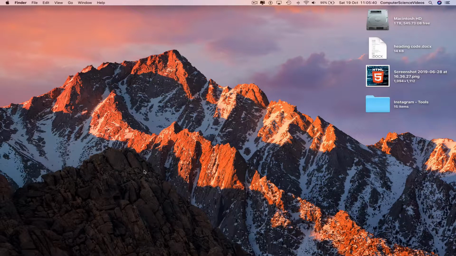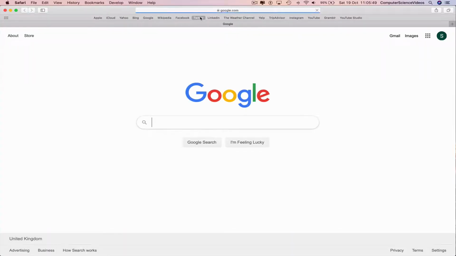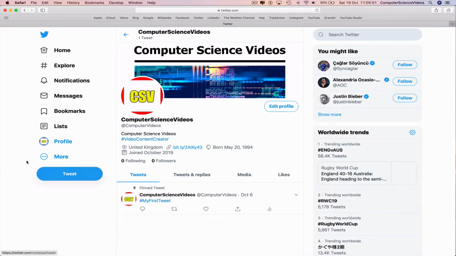So in this tutorial, you need to have access to a Mac computer and a Twitter account. So we can now go all the way down to the dock, go to Safari, go to Twitter, make sure you're signed into the account, go to your profile, and then go to the tweet that has already been pinned